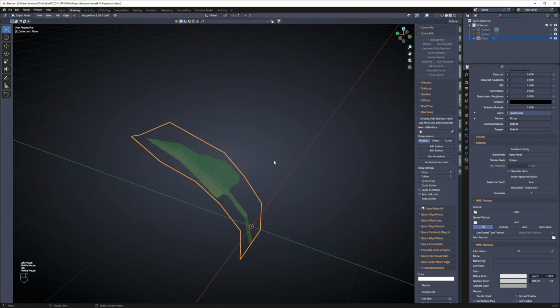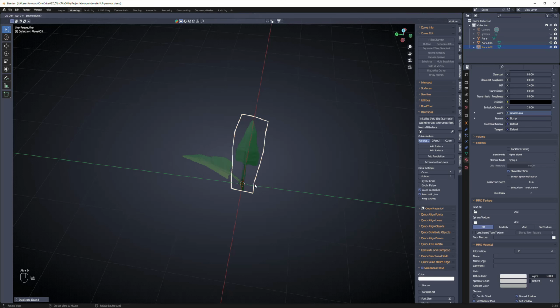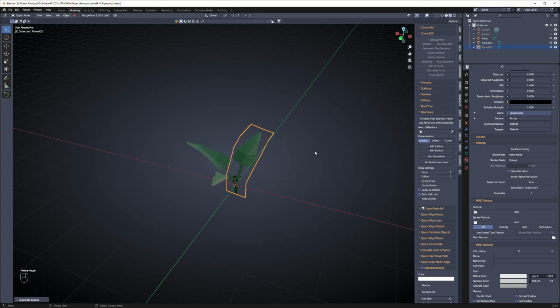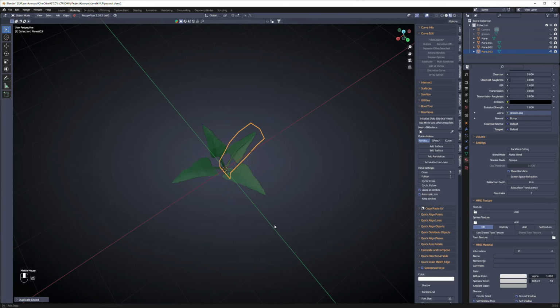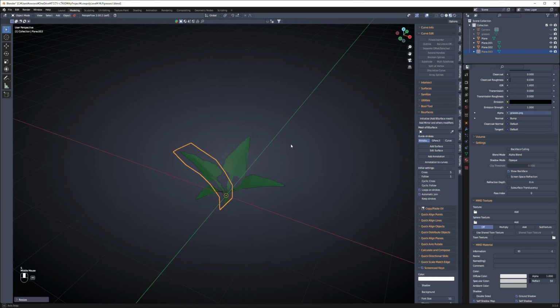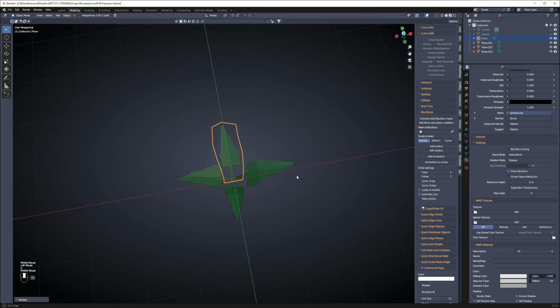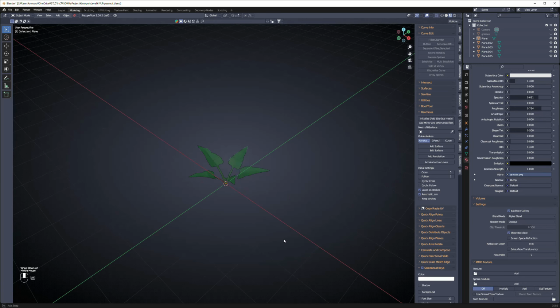Once the shape is somewhat defined, in object mode, press Alt D to duplicate the mesh linked, then press R and Z to rotate the mesh on the Z axis to add more leaves. Scale up or down each leaf to make it more realistic. Now you have a weed like spinach.